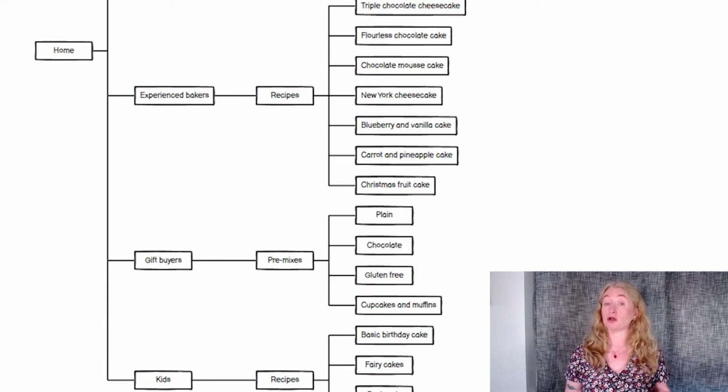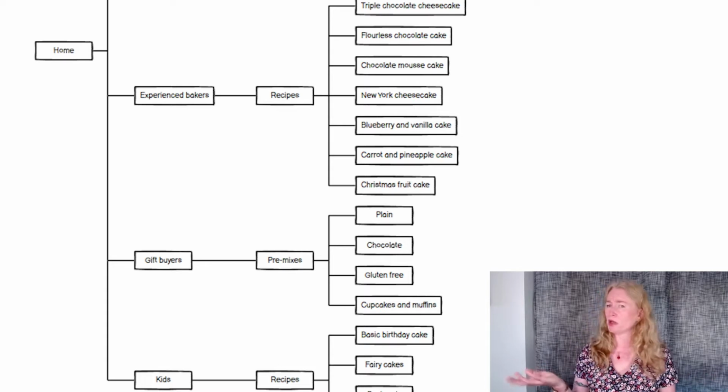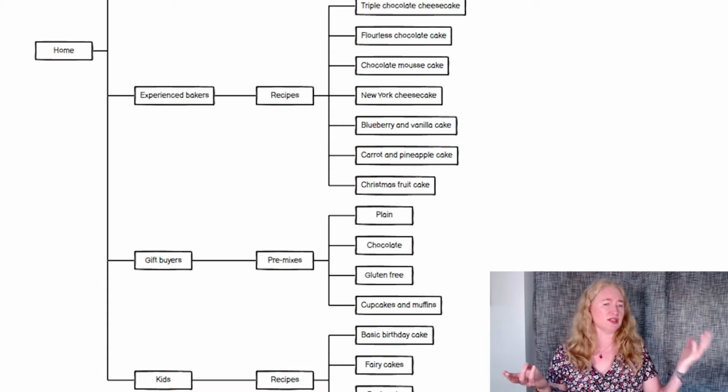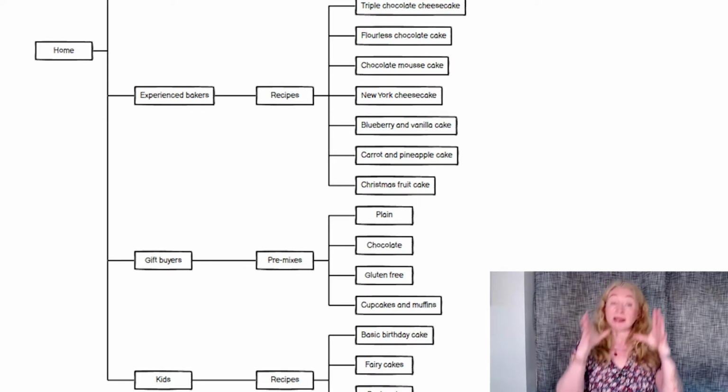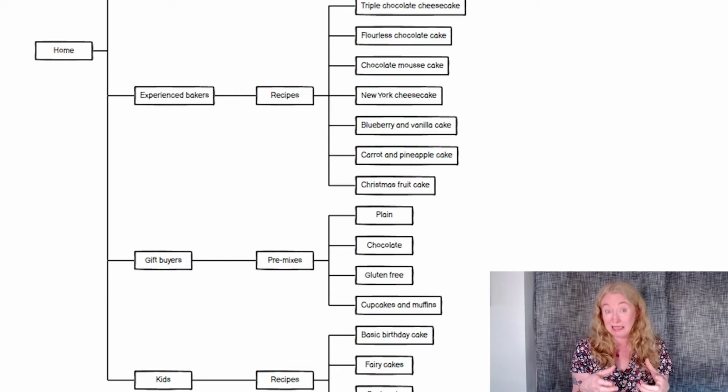The second problem is that the content doesn't usually fit neatly into audience groups either. You'll almost always have content that is for more than one audience. And then how do you deal with that? Do you duplicate it, or do you make an area that's for everyone, or do you link to it? And the moment you start asking yourselves these questions, that's the moment you'll realise that this isn't the right scheme for you. It can work sometimes. It can work when people clearly associate with a particular group and where the content clearly and neatly splits into those audience groups.